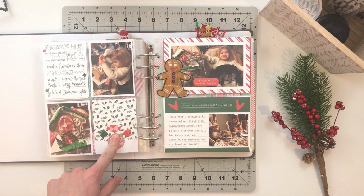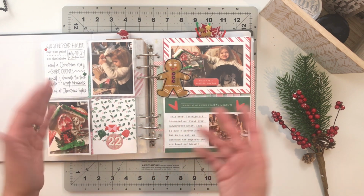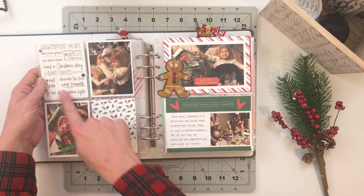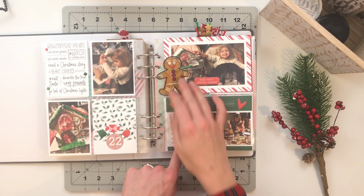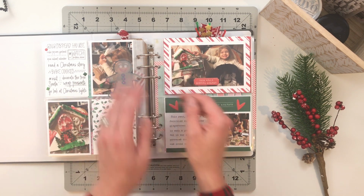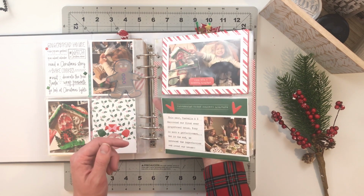This actually, I think we did on Christmas Eve, and I might have documented it early. So the pictures actually were from later, but when I was doing my album, I documented it afterwards. So I've got a card here from, this would have been from Ellie's studio. I think most of these, if not all of them, were there. This little gingerbread guy, though, was from the Kelly Perky mini kit. And then I've just got pictures of doing the houses, and the story is about embracing imperfection because Izzy and